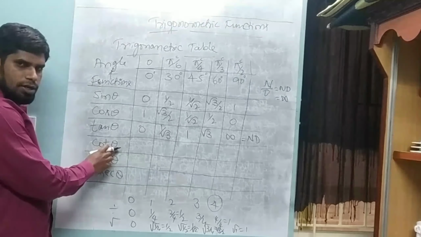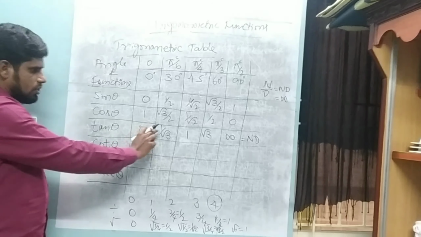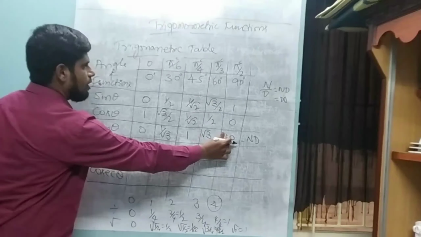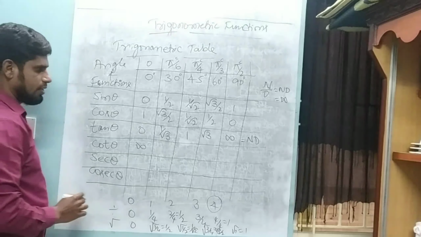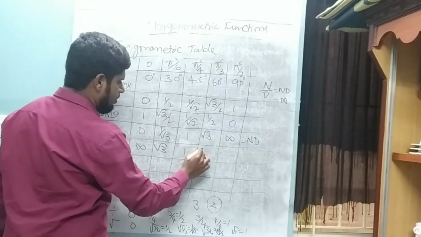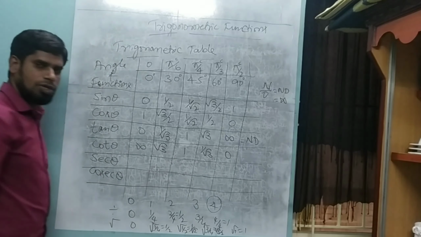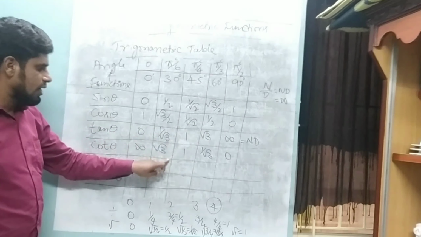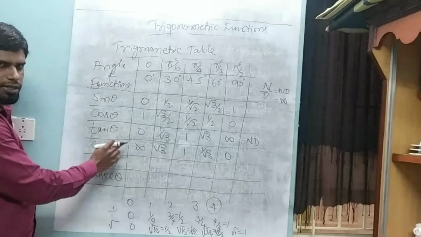Next, cot. What is cot? Co of tan. So I will just reverse this, and I will get the values of cot. For 90 it is infinity in tan, so in cot for 0 it is infinity. Then root 3 for 30, 1 for 45, 1 by root 3 for 60, and for 90 it is 0. The other way, you can take reciprocals of these values and you will get cot, because in the definition we said tan and cot are reciprocal to each other.